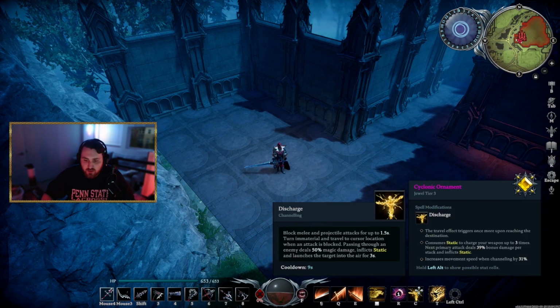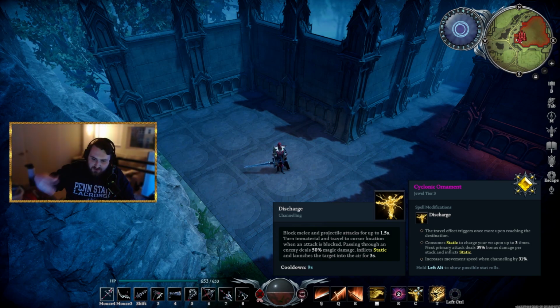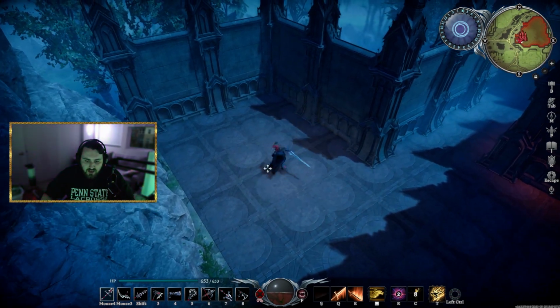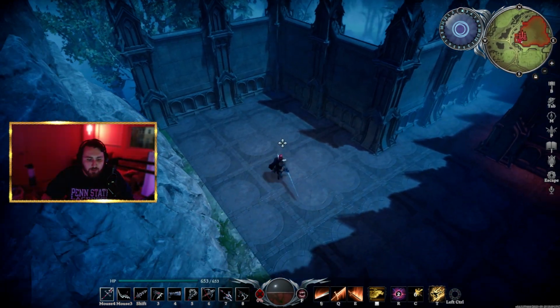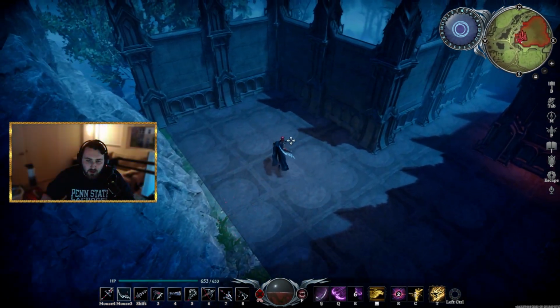Additionally, with this, the other ability for this specific build is Discharge. You block melee and projectile attacks. You turn immaterial and travel to your cursor location. Passing through the enemy deals damage, inflicts static, and launches them in the air. This is really nice because if you get it off and you get launched into the air, you have two options. You can either use your axes to get an end cap off while they're in the air, or realistically